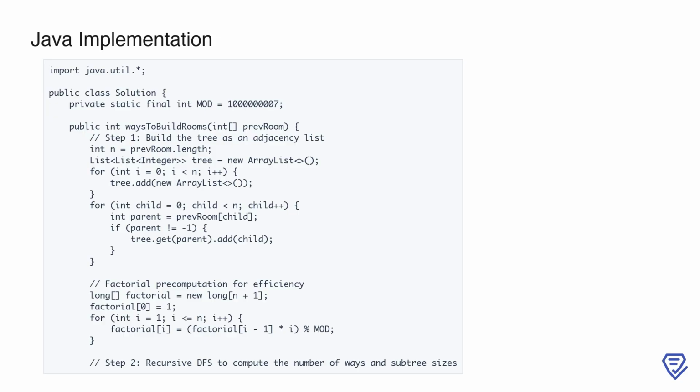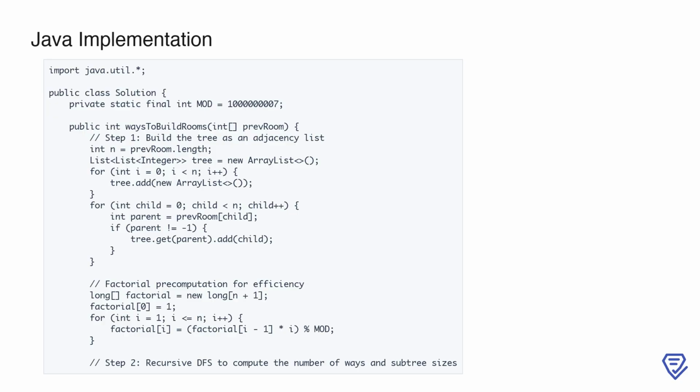For each room, if it has a valid parent, we add the room as a child to its parent in the tree. Next, we pre-compute factorials for all numbers up to n using modular arithmetic. This pre-computation makes future calculations much faster, as factorials are frequently used in combinatorial operations. Finally, we move toward implementing a depth-first search (DFS) approach to compute the number of ways to arrange rooms while